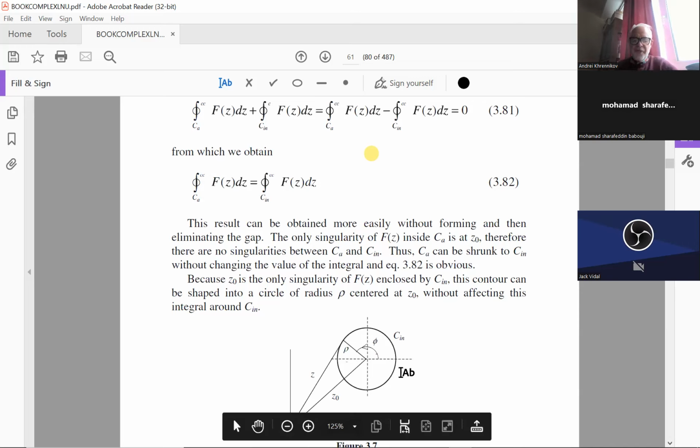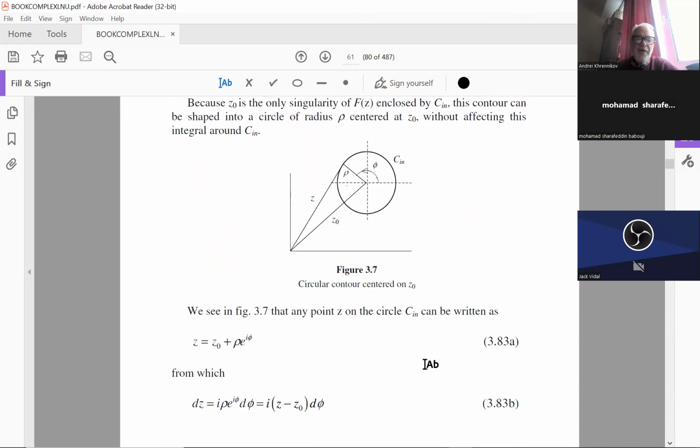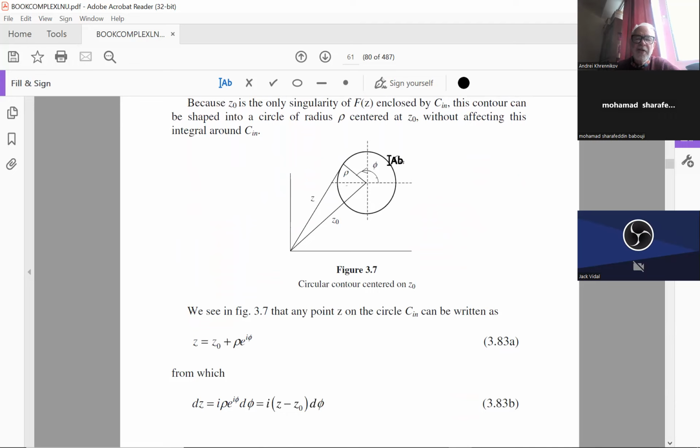Yeah. So if we use this parameterization that I used, where the angle phi goes from 0 to 2 pi, we go counterclockwise. So the arrow on this contour is this one. If we write the arrow, it would be this one. So we go in this direction, phi from 0 to 2 pi. If you go the other way, from 2 pi to 0, it would be this direction, yeah?